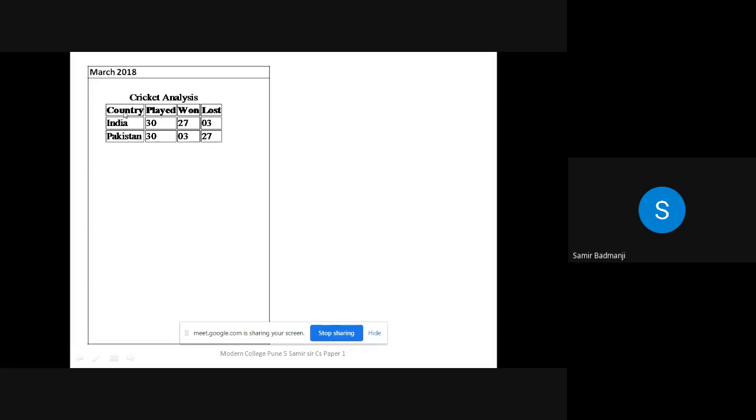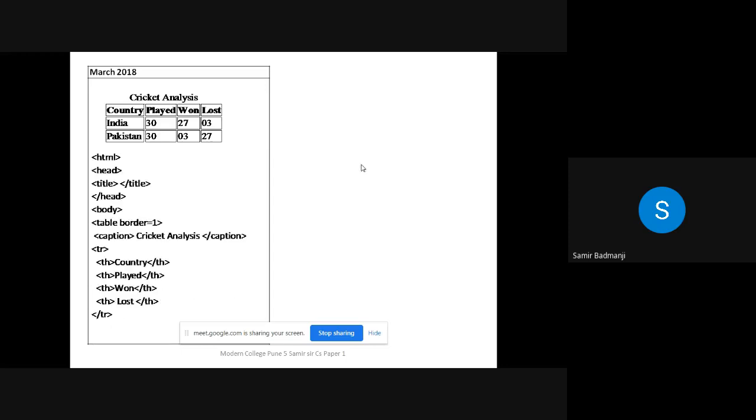Now see, this was asked in 18. Only the caption tag is there and normal rows are there. And what is the difference between this first row and the remaining two rows? Any difference? You can see it is bold, font size or boldness. See, the first row is a little bit bold. So that means it is a table heading. So you have to use TH for the first 4 and TD for the remaining 8.